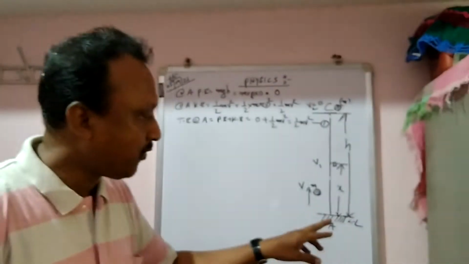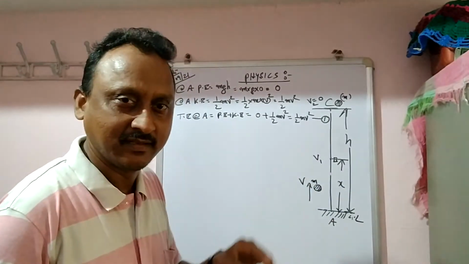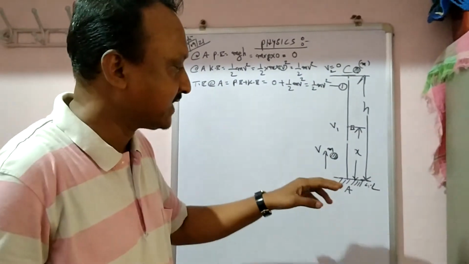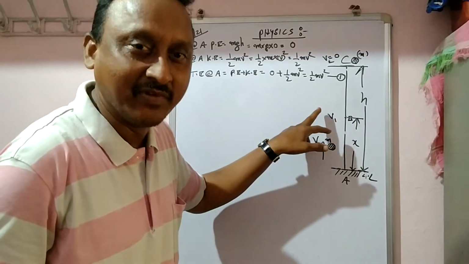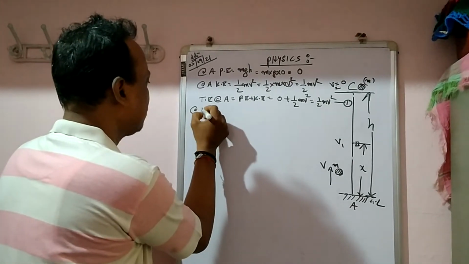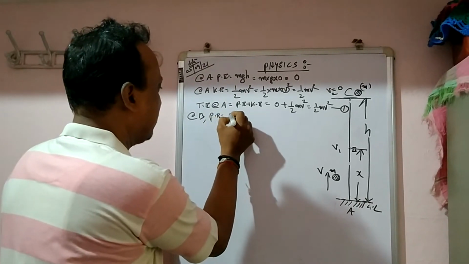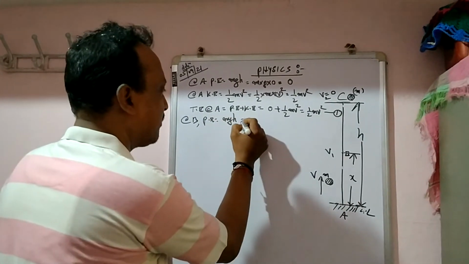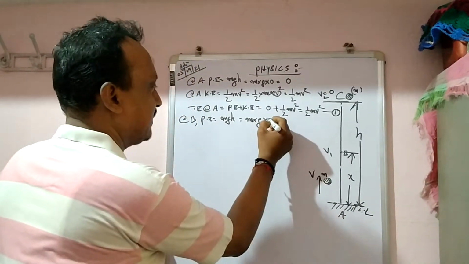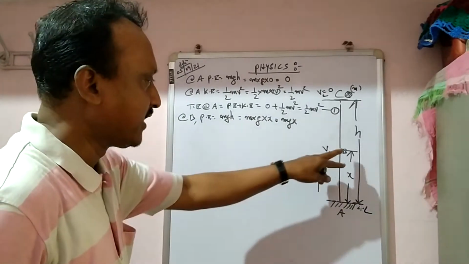Now let the body travel vertically from A to B, over a displacement of x. During its travel, as the body goes to a higher level, certainly the velocity changes. So let the velocity at point B be v1. Now at B we will find the potential energy, P equals mgh, that is m into g into height. What is the displacement here? x. Therefore P is mgx. So we have found the potential energy at B.